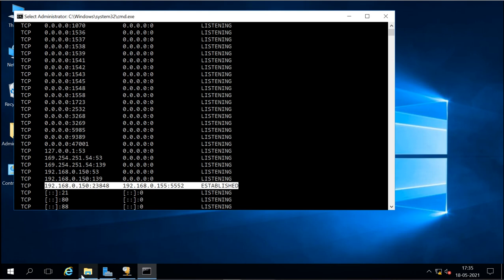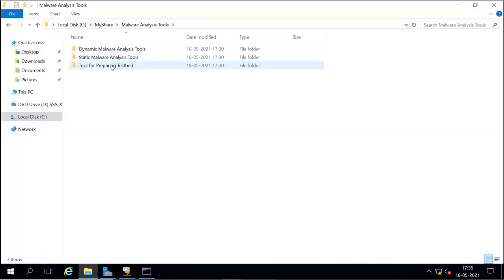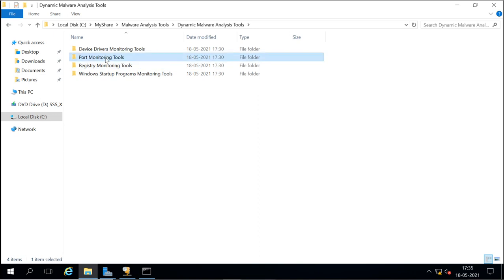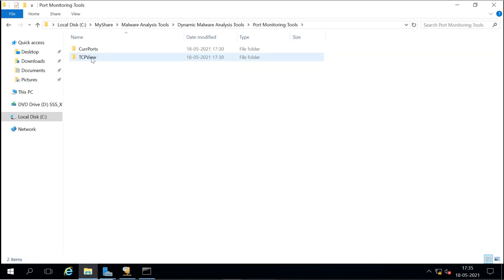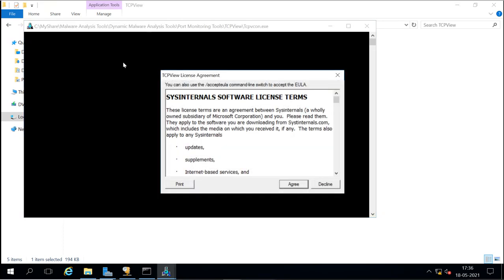For example, you will use these port analysis tools, like the port monitoring tool. I can use TCPView, I can use CurrPorts. For example, let's say we'll use TCPView. You have to install it.